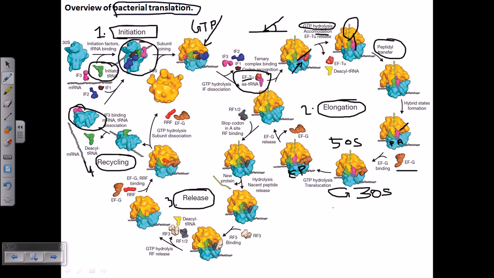Then again this movement. So these are the three steps: accommodation, transfer activity, and the movement, and then the dissociation of EFG. That's how the whole process works. Now you can see the importance of EF-Tu and EF-G for this process, because the carrying of amino acid tRNA is conducted by EF-Tu, or elongation factor Tu, and the dissociation of this factor and also translocation of one window apart is carried out by, or helped by, EF-G, or elongation factor G.